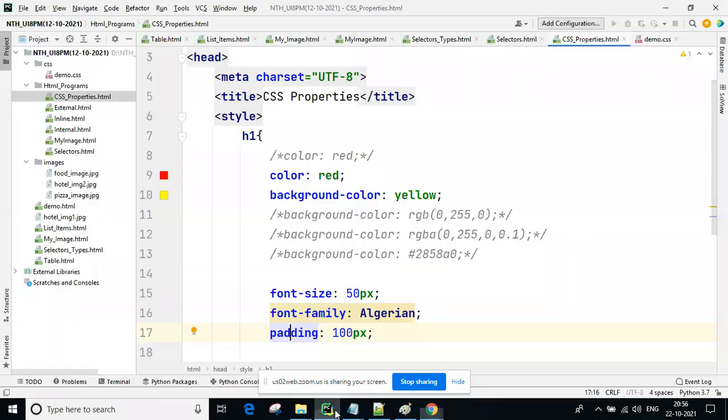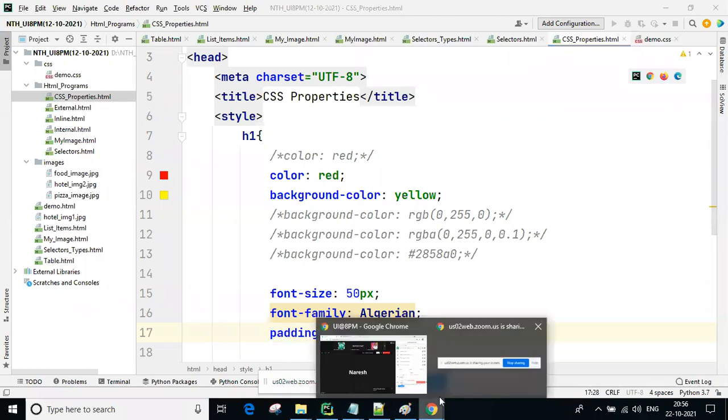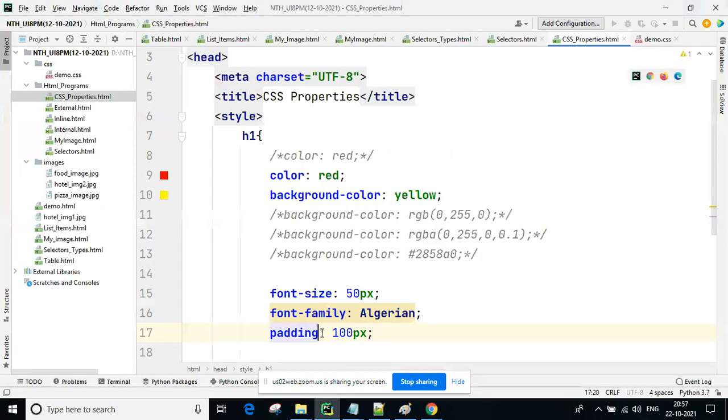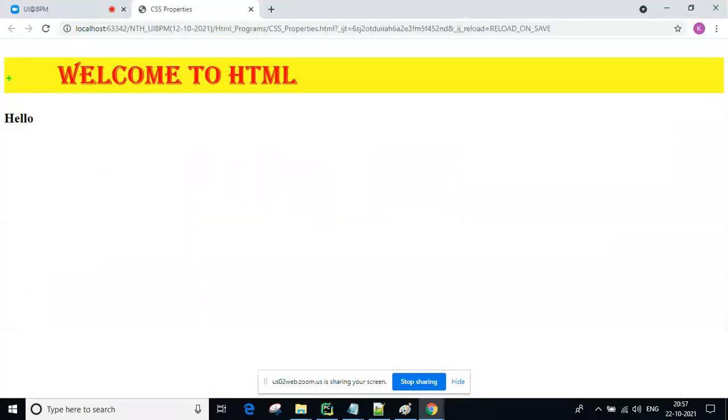So open our program. Where is our output? This one, guys. Right now, padding you are understanding. In this same program, see padding left, guys. I'm taking padding left, so only the left side you get space, but the top side and bottom side you are not getting space.